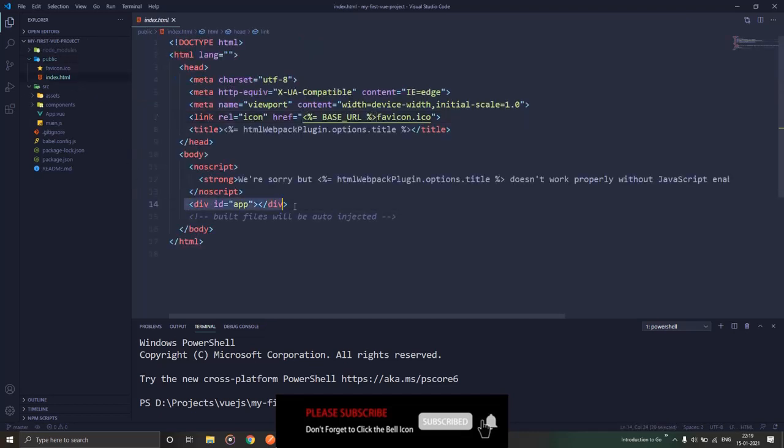In index.html we have a div which has an ID with the name app, and this is the place where all your Vue.js code will go. All the components or anything that is running on your Vue.js is inside this div. Outside this div, there is nothing that is controlled by Vue.js directly.